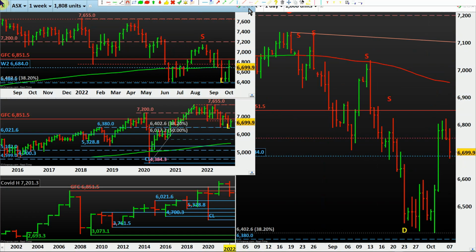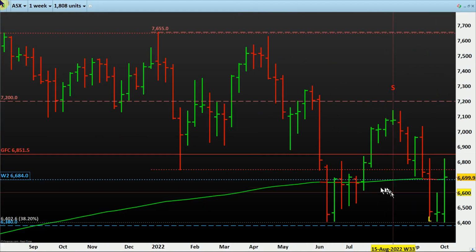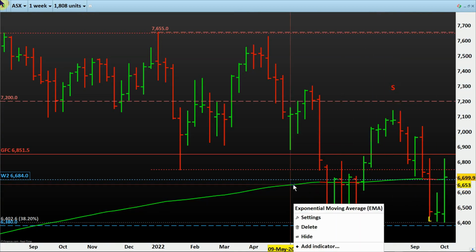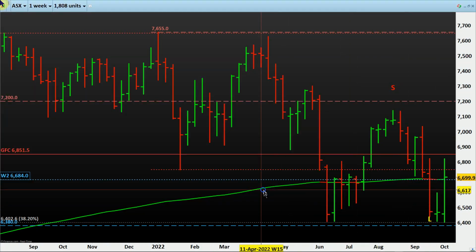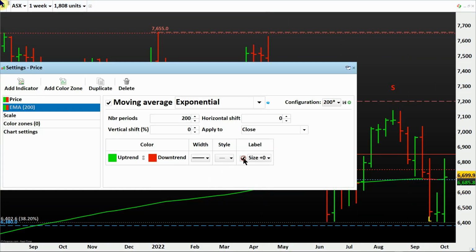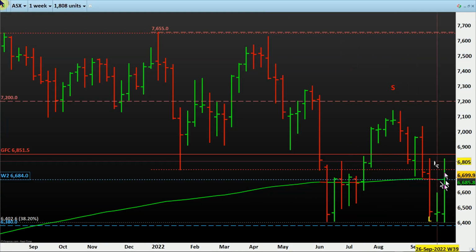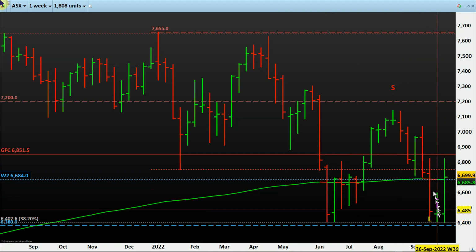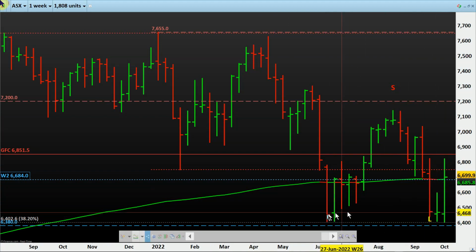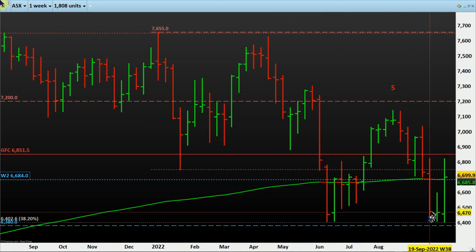And the most important thing here is the moving average, 50 or 200 on any time frame. For example, especially on the weekly, this is the 200 period exponential moving average on close in front of you. This is the close. And that 200 period moving average on the close is telling us, if I do level 6685. So this fellow struggled to go down through the moving average, but did not, and went up. Same thing happened here. See the structure here, exactly the same thing, isn't it? This bar and this bar, aren't they exactly the same?